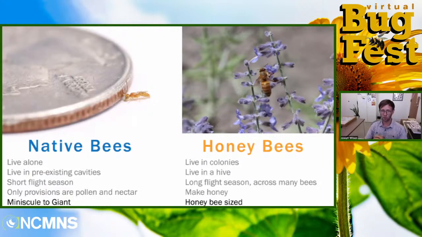And it is a really small little fairy bee. It's about 2 millimeters long. That's about as long as George Washington's nose on a quarter there. So native bees look very different than honeybees and often get overlooked because many of these native bees are really small.